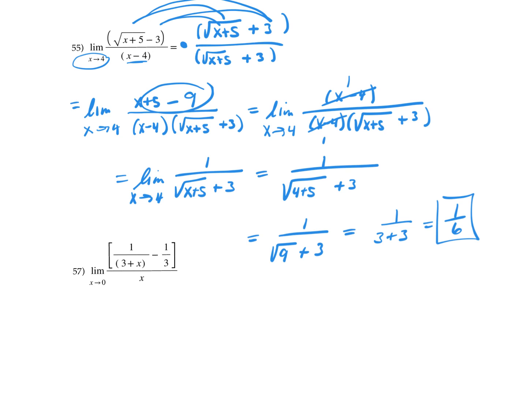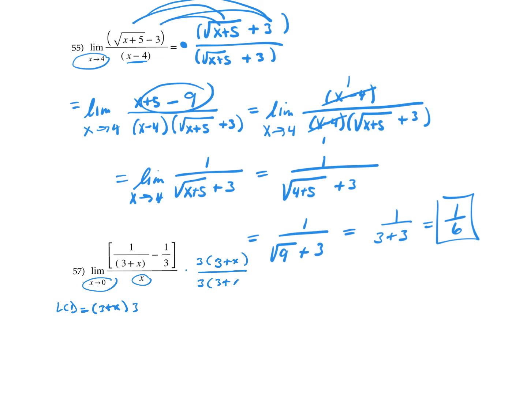All right, for our very last one, this is similar to the first one on the worksheet in that we have a complex fraction. Again, we're finding the limit as x approaches 0, which would make this denominator equal to 0 or undefined. So our idea here is that we want to find the least common denominator, which is 3 plus x times 3, and you could put that 3 out in front. And we're going to multiply both the numerator by that 3 times 3 plus x,